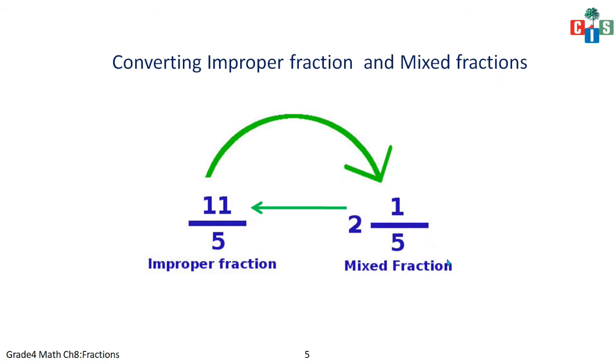What happens in a mixed fraction? It is a mix: a whole number and a fraction are mixed. So this is an example of a mixed fraction. See how it's written, kids. Next to the line in the middle of the fraction, you have to write 2. Okay. Now we are going to see how you convert an improper fraction into a mixed fraction and how you convert a mixed fraction into an improper fraction. See the arrows here. Fine. So let's move on.